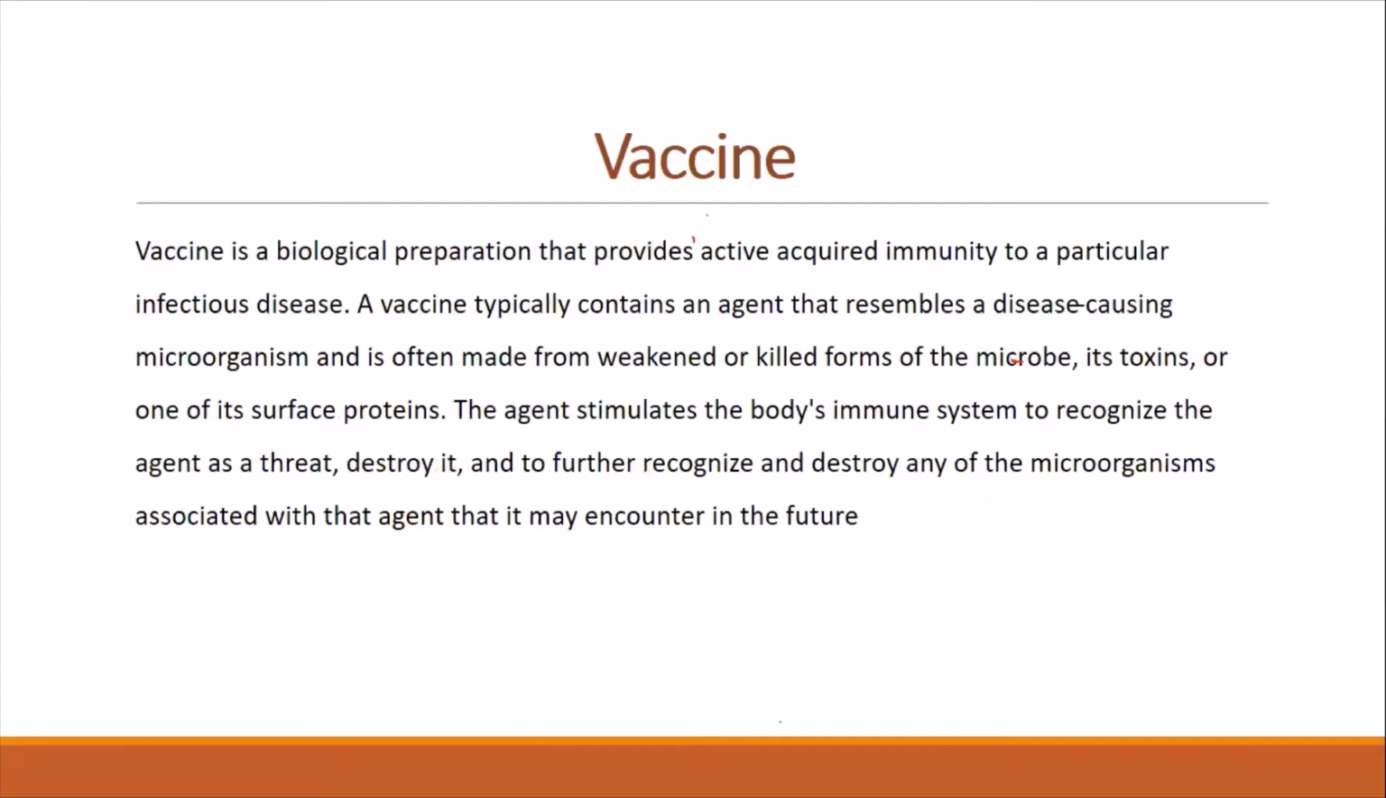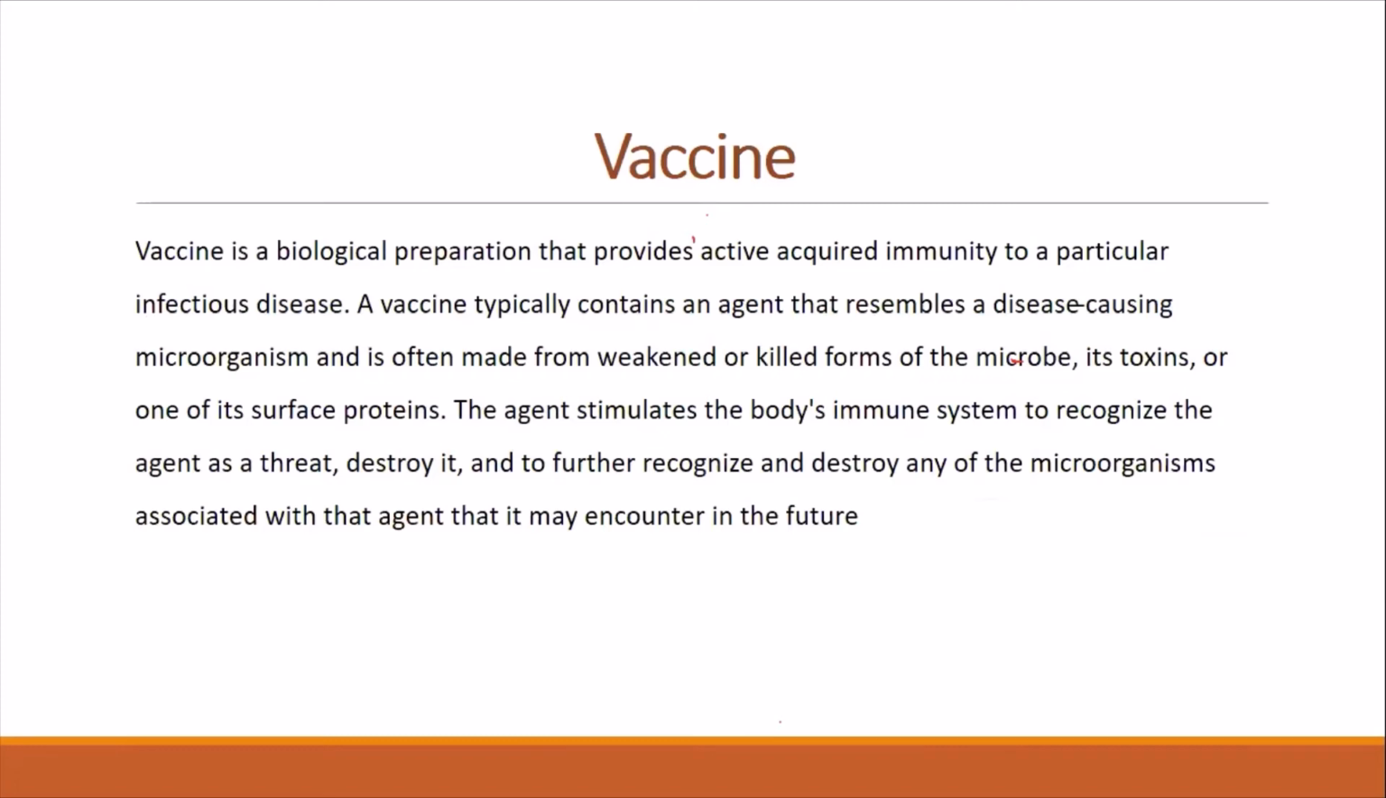And then you have vaccines, which are a biological preparation that provides active acquired immunity to a particular infectious disease. A vaccine typically contains an agent that resembles the disease. It may be a weakened form of the disease, or it may be the killed form of the microbe or its toxins. The agent stimulates the body's immune system to recognize the agent as a threat and destroy it,